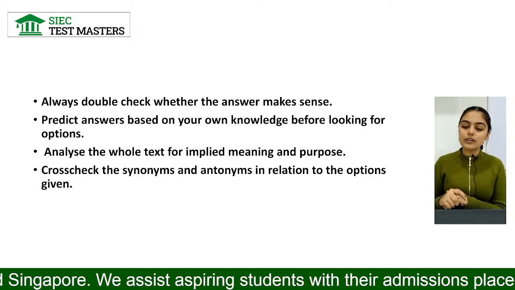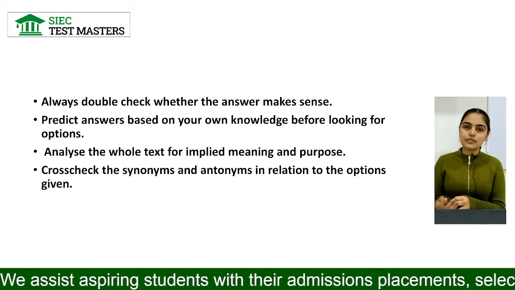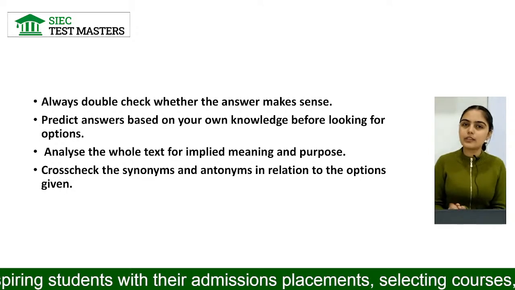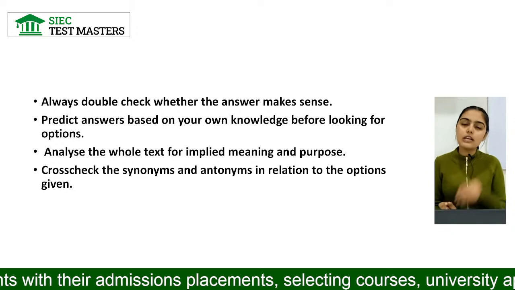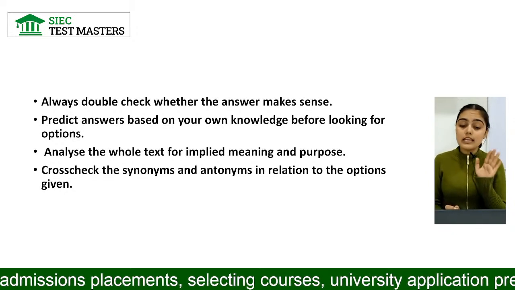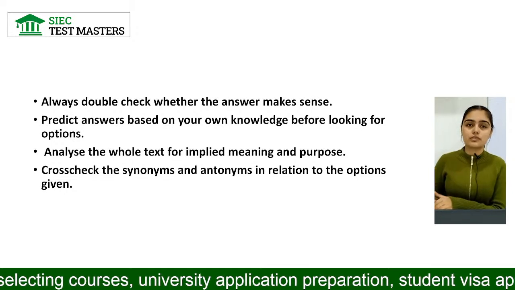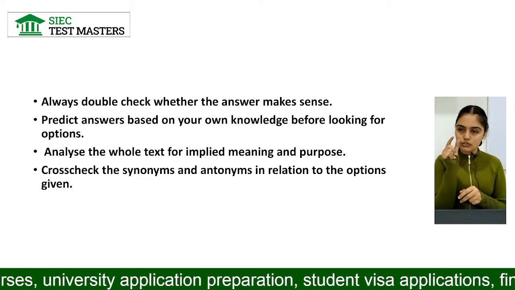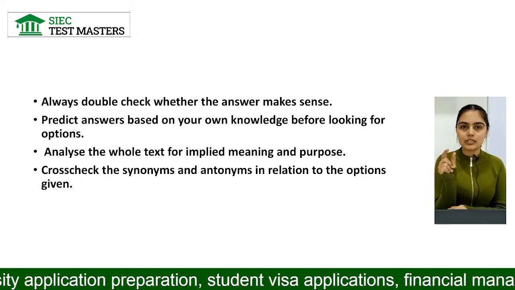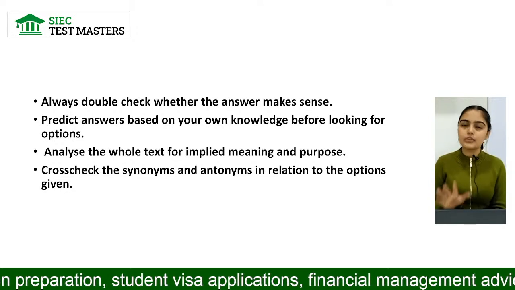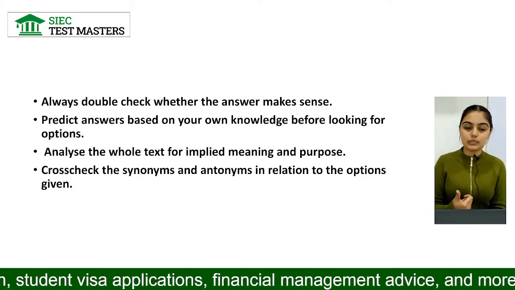Analyze the whole text for implied meaning and purpose. ये अगर हमारे पास टाइम ज्यादा है तो ही यूज करेंगे स्ट्रेटेजी को, अदरवाइज वी कैन जस्ट स्किप दिस स्ट्रेटेजी। इसका मतलब क्या है दैट बिफोर रीचिंग आउट फॉर द ऑप्शंस, समटाइम्स हम क्या करते हैं पर्टिकुलर सिर्फ उतना ही सेंटेंस पढ़ते हैं जितने में हमें ऑप्शन चाहिए होता है। नो डाउट द बेसिक स्ट्रेटेजी इज दिस ओनली, बट कई